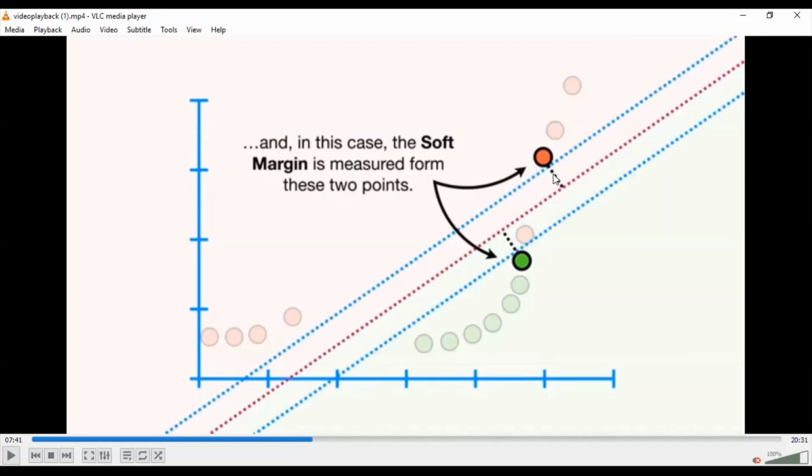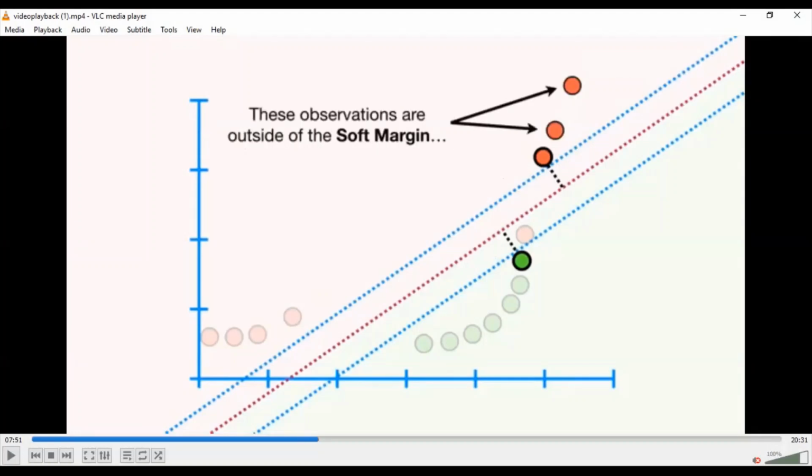This is what we call a margin, like the distance between the classification point and the nearest edge. All the points which are outside this blue dot are properly classified, and if a point is inside, it means it's misclassified, but we allow for misclassification only to make it more accurate.